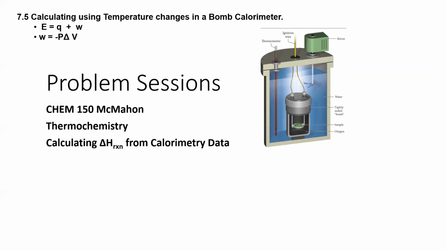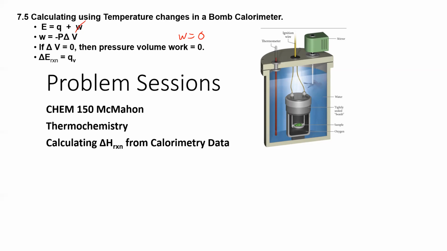Now, why is this so important? In a bomb calorimeter, there is a constant volume, so there are no volume changes. So what does that mean? Well, if there is no delta V, then delta V is 0, and then the pressure-volume work product would equal 0. So if work equals 0, it cancels out. And now the energy of the system, or the change in the energy of the reaction, is just the heat